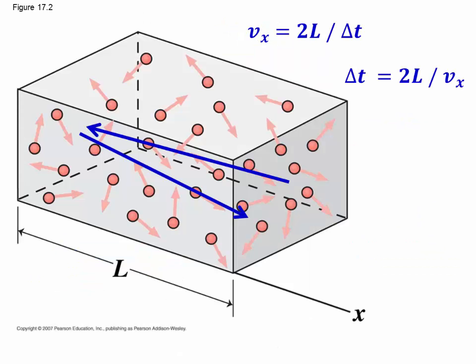That change takes place over a certain amount of time. That time can be determined by the distance that they have to travel. And again, although I'm looking only at the x velocity for the collision, I also only have to look at the x velocity for the time, because the time it takes for the travel of the distance x equals 2L from one end to the other and back depends only on the x component of the velocity. And that x component is going to be 2L divided by delta t,